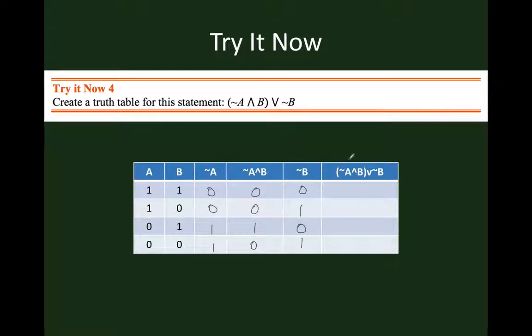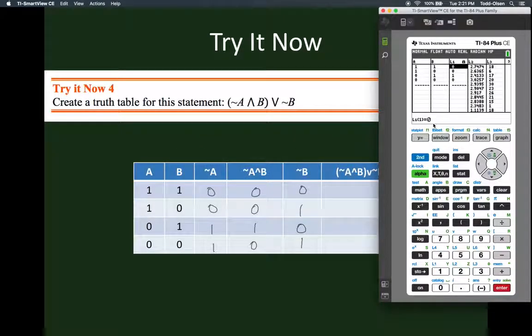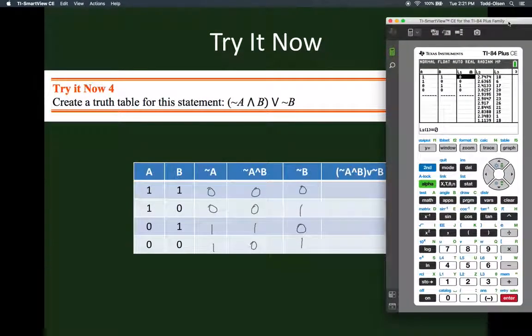Now this last one is a little bit complicated looking. And I want to go back to the calculator and show you how we would evaluate this statement. So here we have the intersection of A complement with B, and then we're going to take the union of that set with the complement of B. Now when I arrow back up and select the entire list L1, notice now it's defined as a